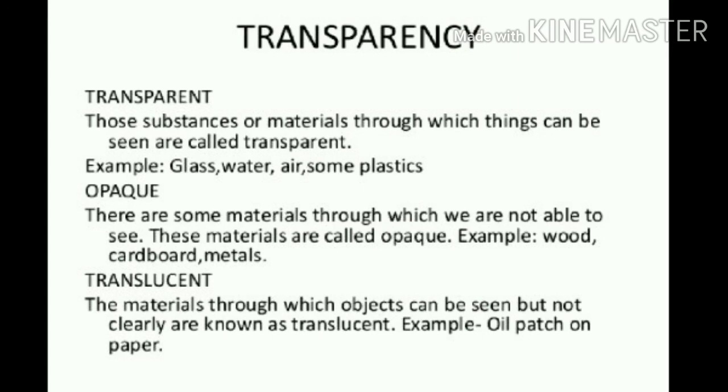If you consider the paper first, it is opaque, we are not able to see anything, correct? But if the oil is sprayed, what happens? We are able to see something, some light, some shadows, but we cannot identify exactly what that shadow is made of, correct? So in this way, according to transparency also,